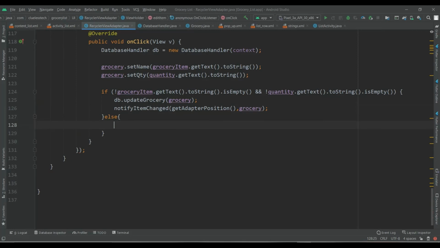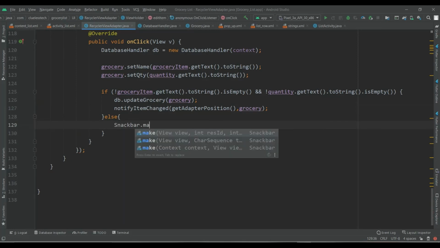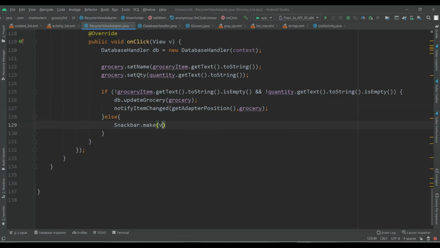Else, Snackbar.make(view, add grocery and quantity.